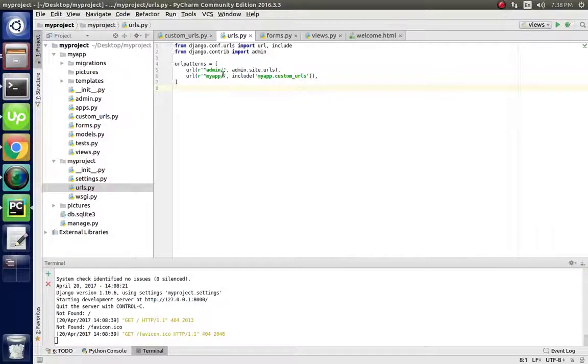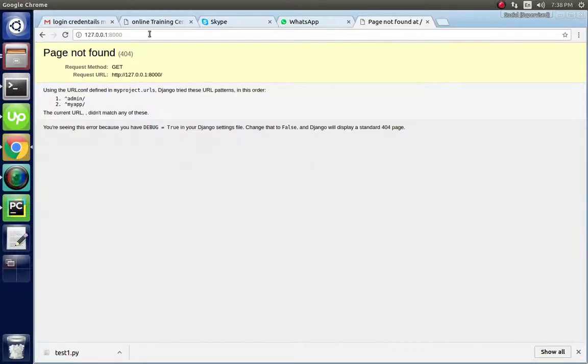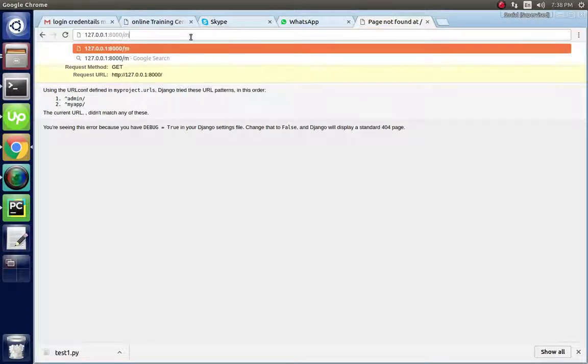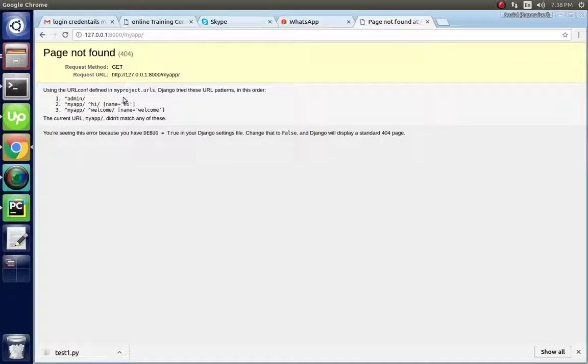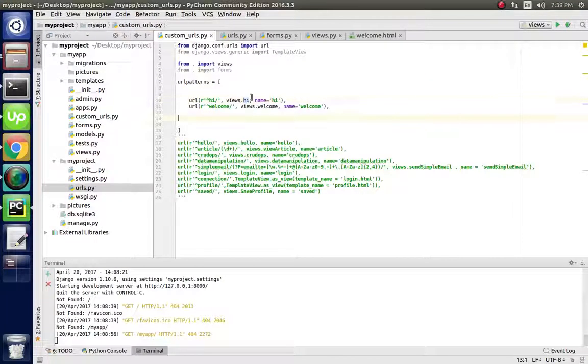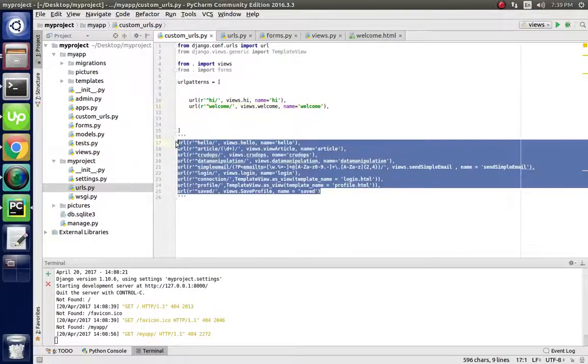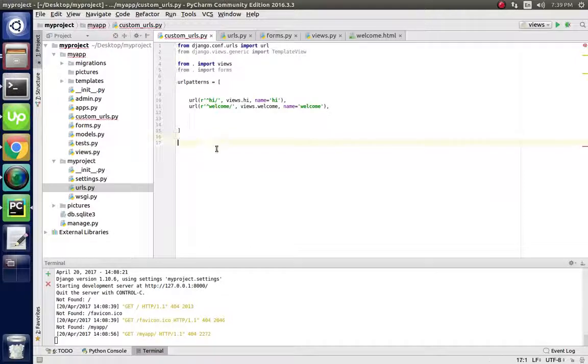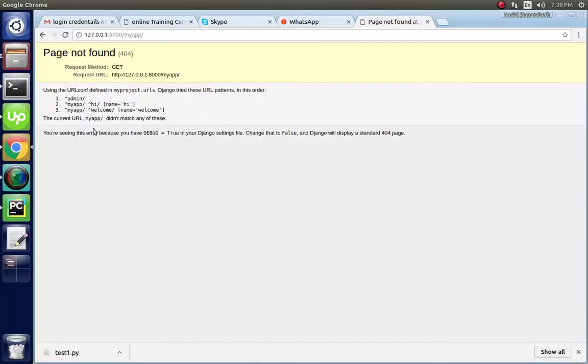Now we have to go to my app. Just write here my app. Here also two URLs are defined, hi and welcome, as I showed you. Let us write here hi.